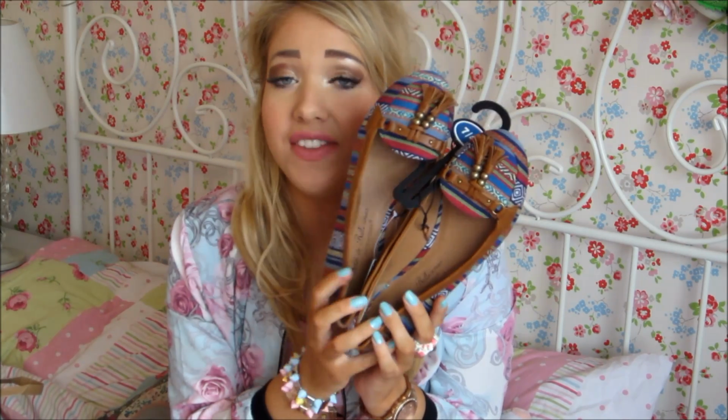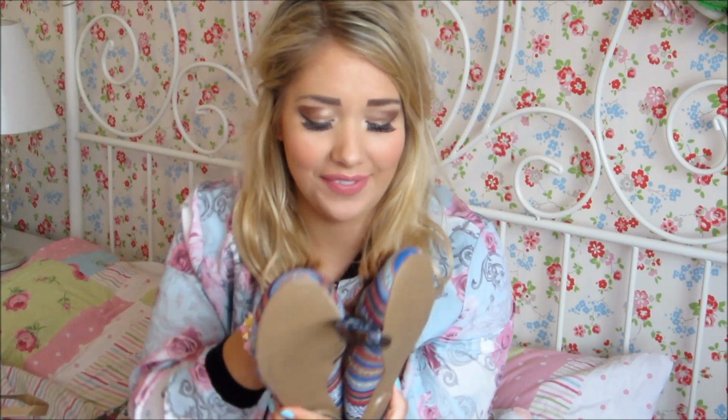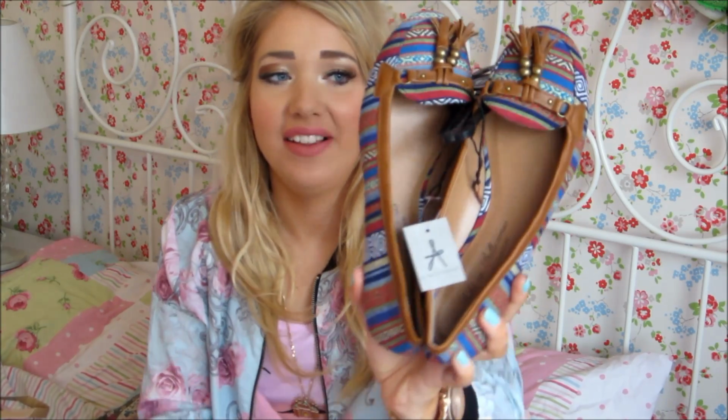I picked up these shoes, another pair of shoes, I know. These were £8 and I think these are really nice shoes. I think that you would go to River Island and have to pay like £30 for these. They're very sort of Aztec, kind of Navajo, I don't know how you say it. I think it even says it on here. No, it doesn't. But yeah, they're all different colours and they've got little tassels, but I don't know